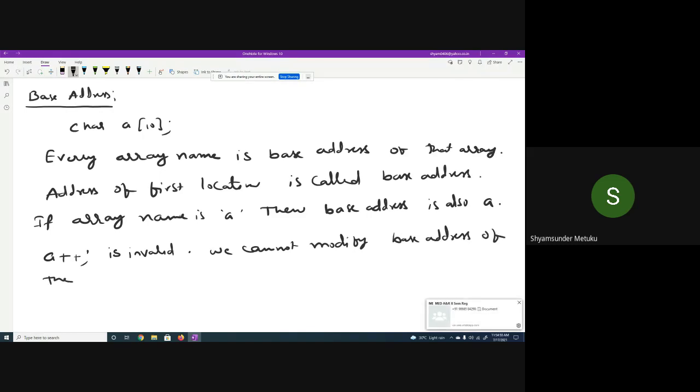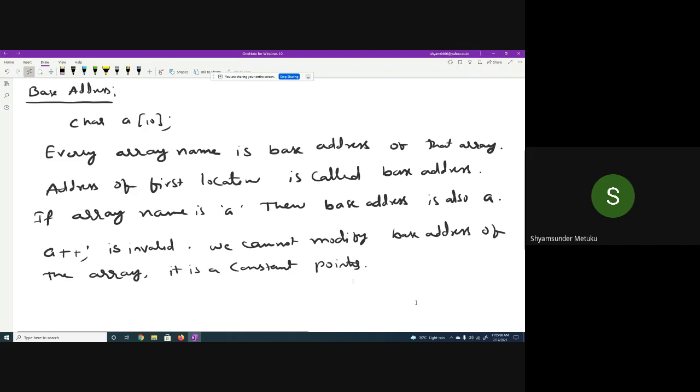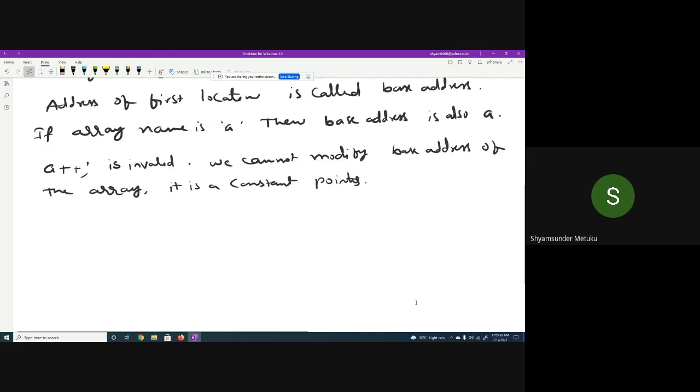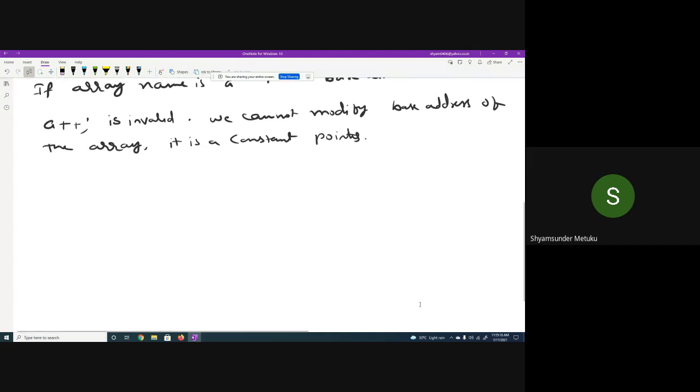It is a constant pointer, because a pointer is nothing but something which can hold an address. So A is an address only, and you can consider it an address basically. Is it clear? Okay, now we are moving to today's class.